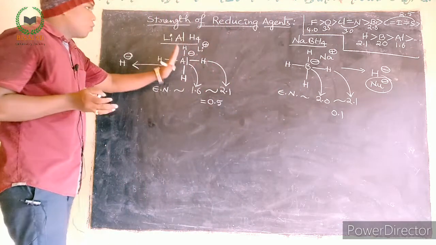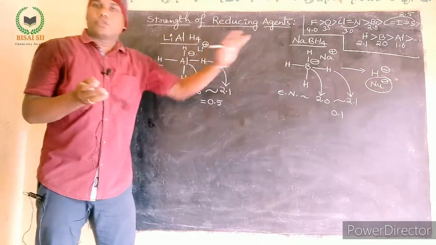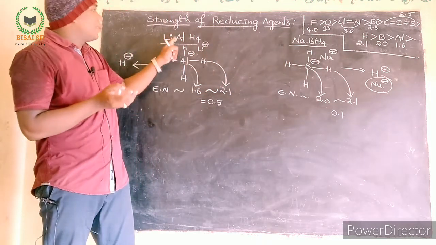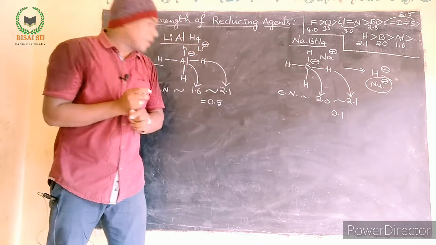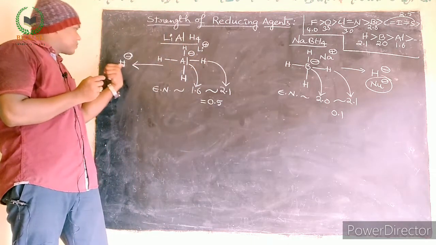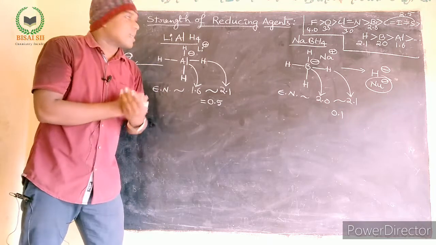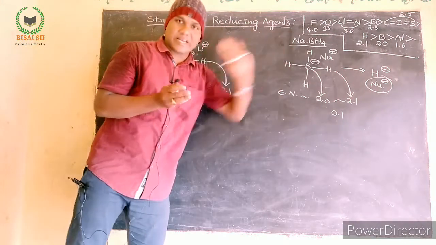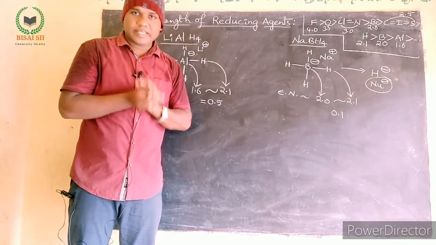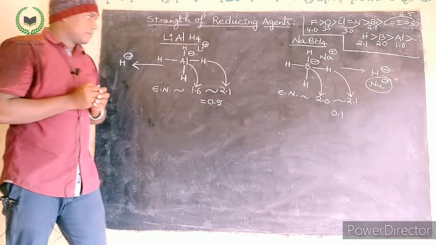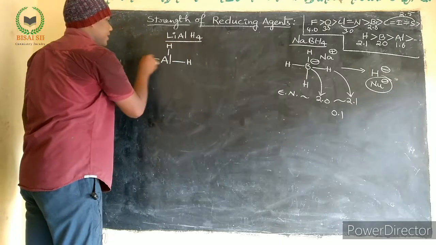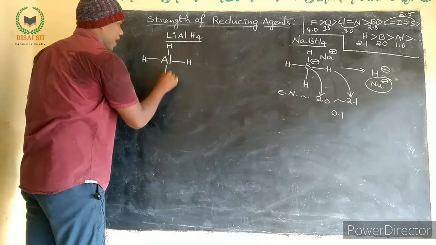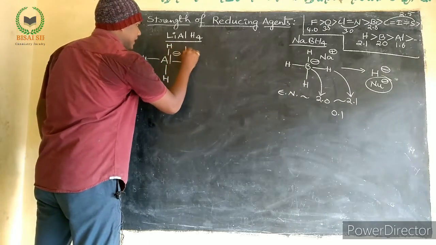So out of these two reducing agents, lithium aluminum hydride is the strongest reducing agent. Why? Because it releases H minus ion very fast compared to sodium borohydride, correct? In the case of aluminum, here hydrogen, here also hydrogen, here also hydrogen, here negative charge, with this lithium plus